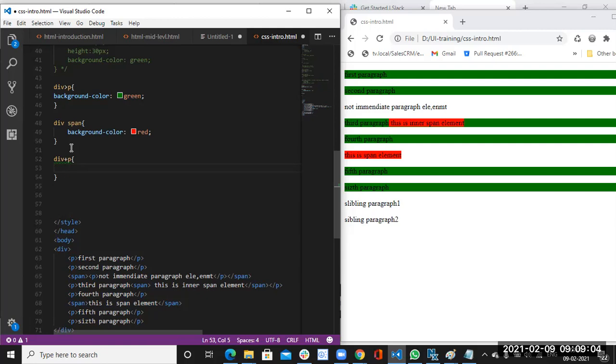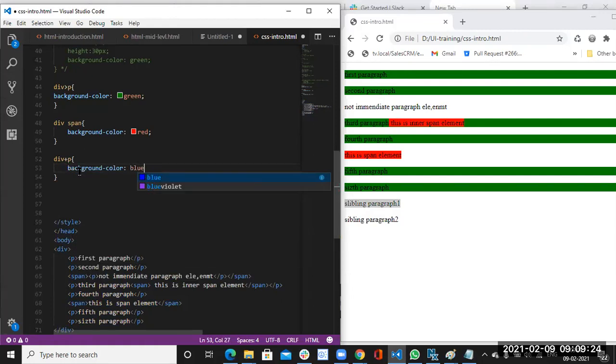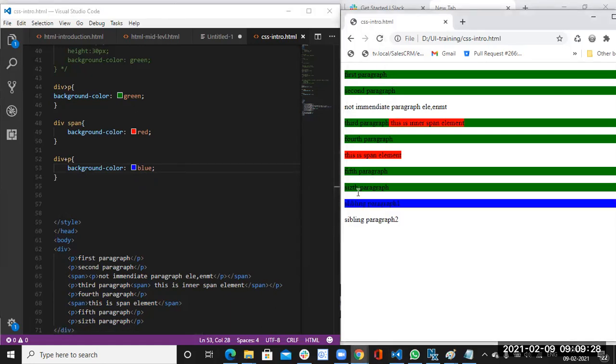the next element, whatever the next element is there, right? That next child element, it will select with div plus p. P means here, this one only, right? The sibling paragraph. Here div plus p means that sibling paragraph it will select. So, background color blue. Now you can see that sibling paragraph 1, okay, the background color green is applied because of what I have written